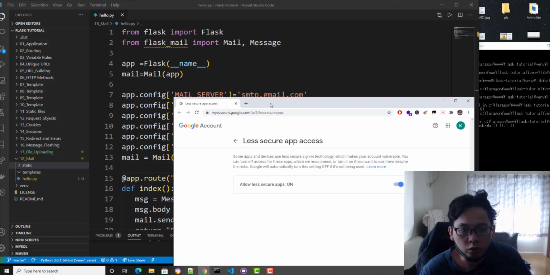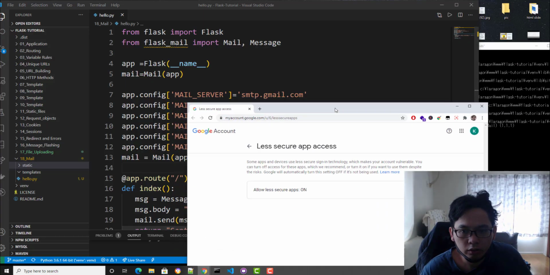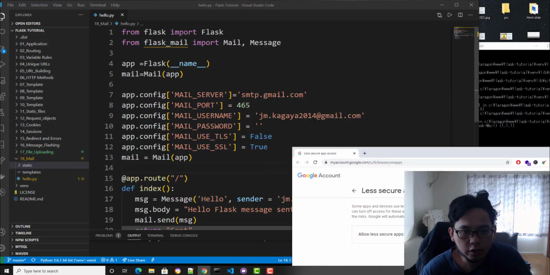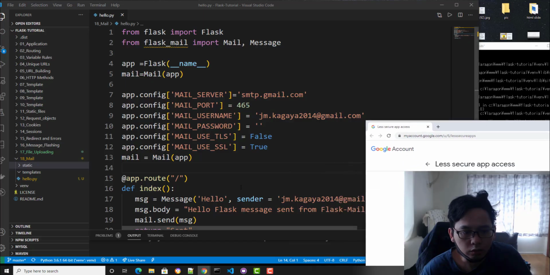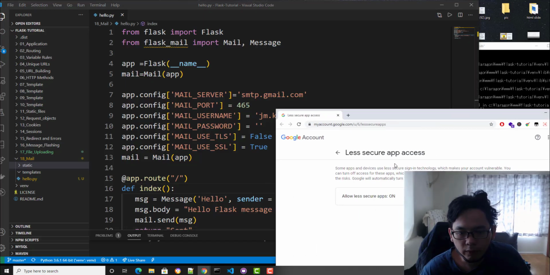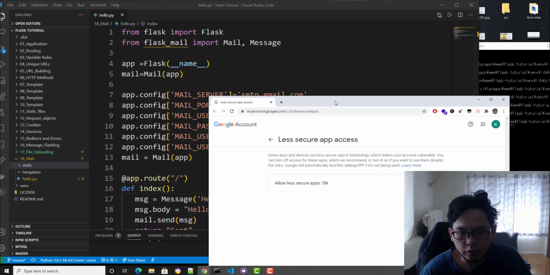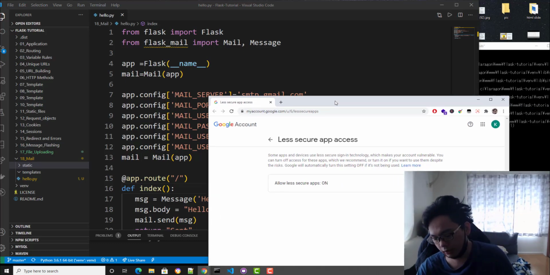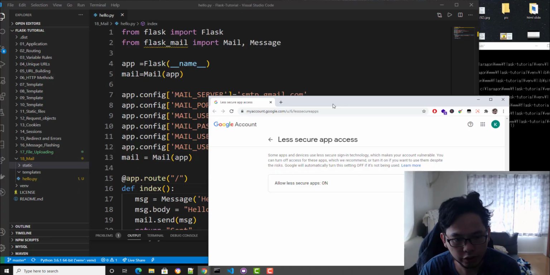You need to go to the less secure apps setting and turn it on for this username, because otherwise your mail provider will think somebody else is using your mail or something like that.